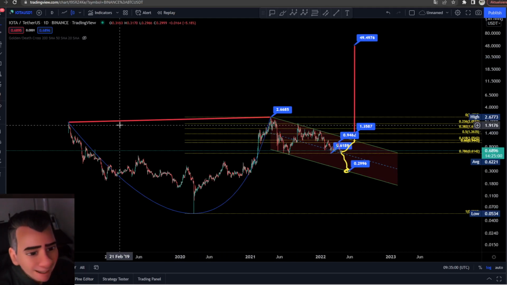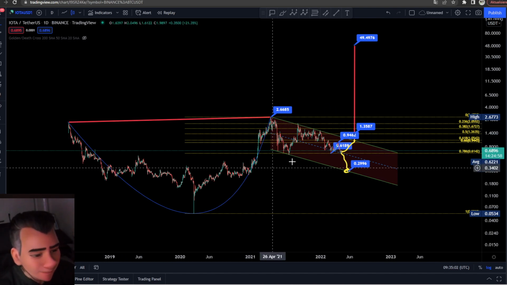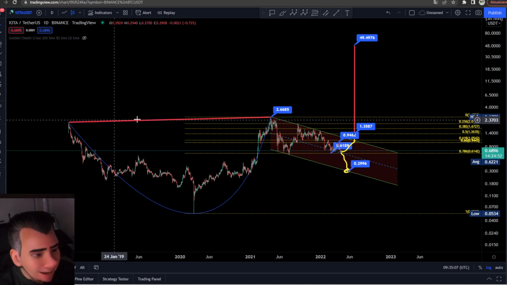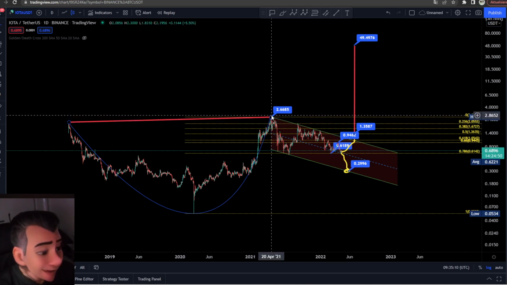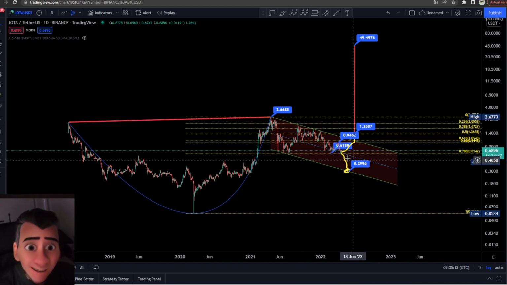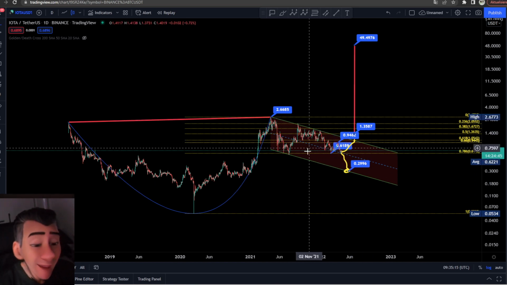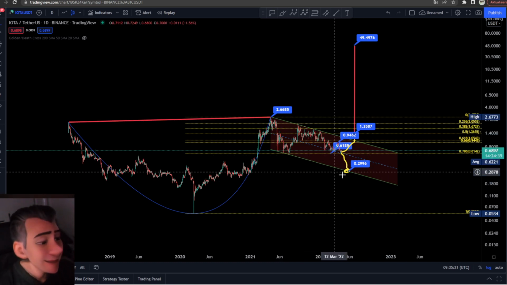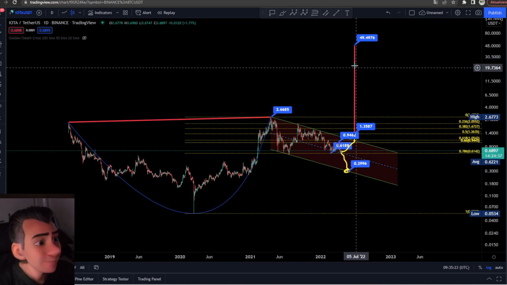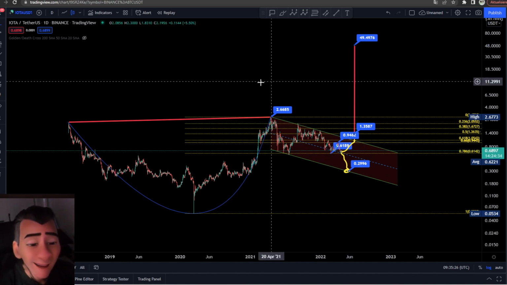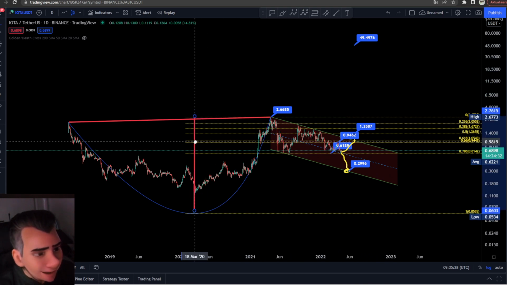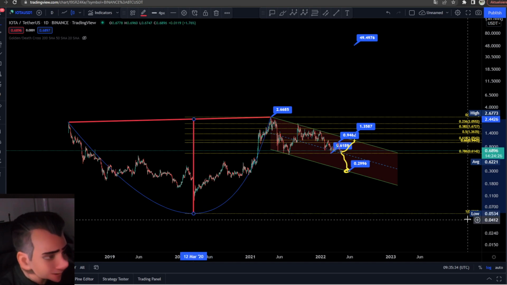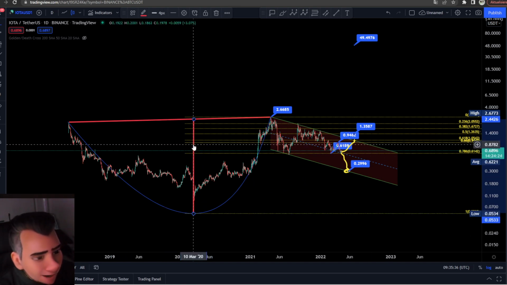Okay guys, first of all, the cup and handle on the daily time frame. Every candle is 1 day. I drew here a cup and a line. This is our really important line, and this is the cup. The cup is this parallel channel to the downside, and I told you guys, if we break out from this parallel channel to the downside, from this angle, there is a possible target to the upside of $50 US. Why? It is really easy. You can draw a line from the highest point of this trend line to the lowest point. This was this spike to the downside, this point here. And if we are using this line,